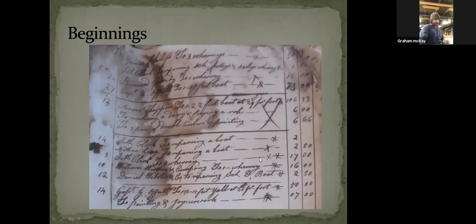And I'm hoping you all can see, but this is a ledger that we have that dates back to 1805. And this really shows us what Simeon was doing. And what you see here is 3 wherries, 1 wherry, boat, boat, boat, wherry, wherry, boat. So he was building boats and wherries. A wherry is a type of boat,